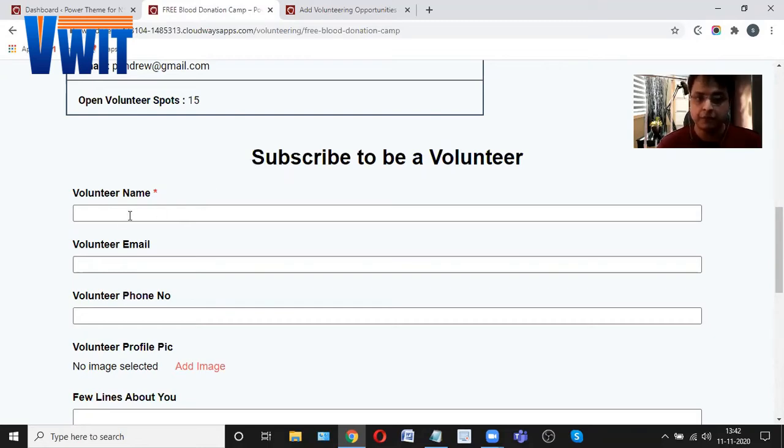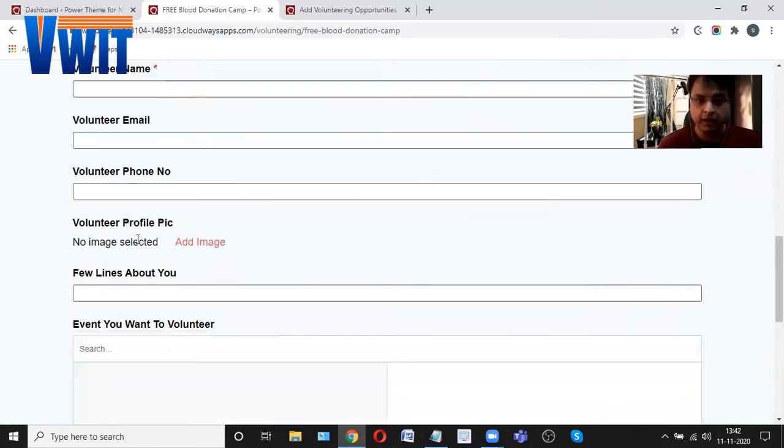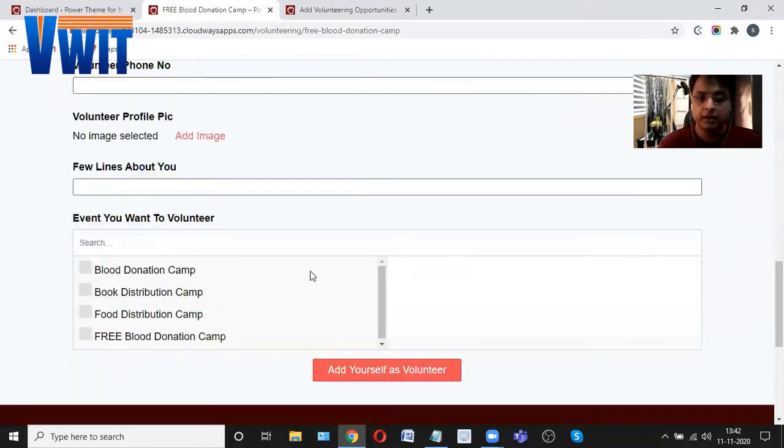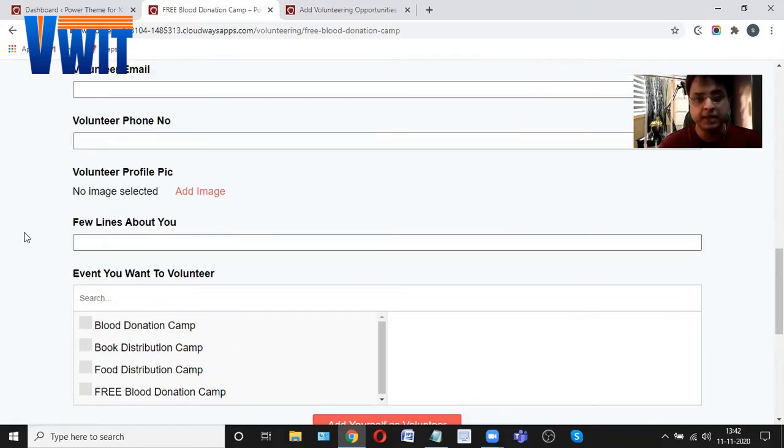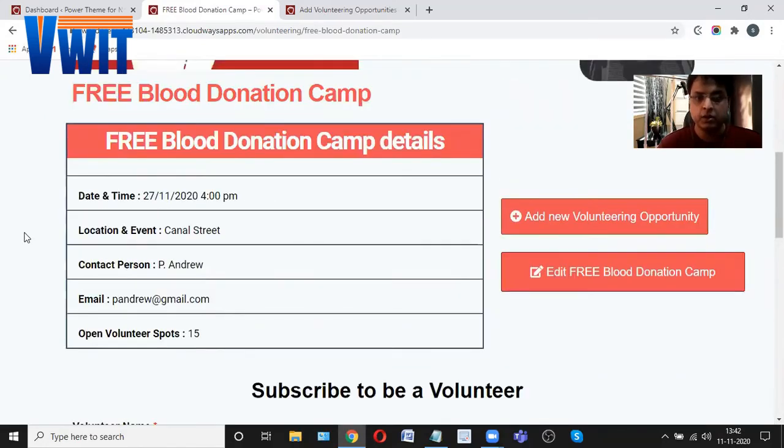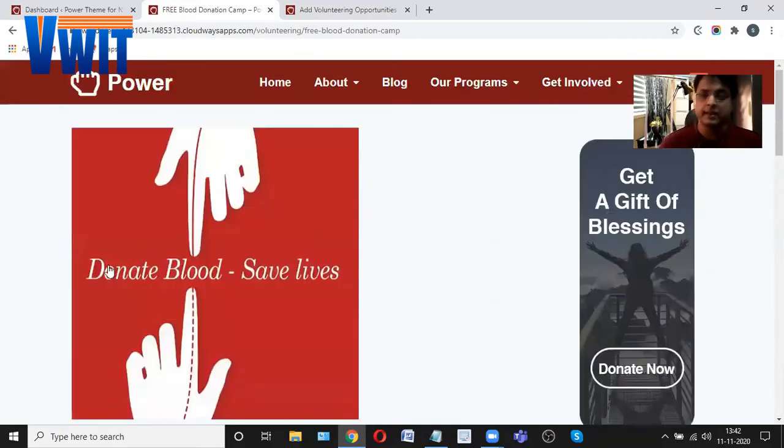You will have to fill up all the details over here and click on the add yourself as a volunteer button, and the new volunteer will get added to the database. So this is as easy as doing a simple work in a website. You can do it directly from the front end.